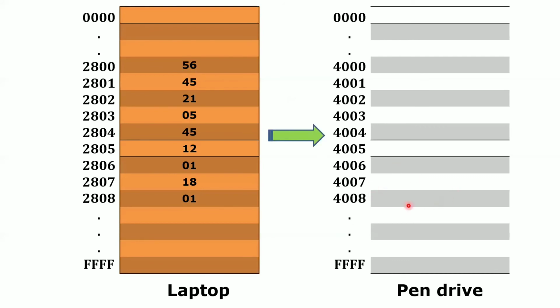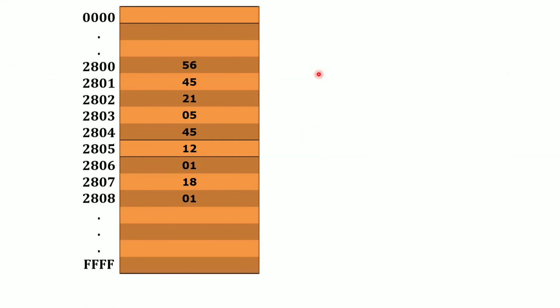So in the pen drive I again have some memory with some address locations. Now I want to copy the movie from my laptop to my pen drive with the location starting from 4000, whereas the movie started here at location 2800. Now we will write the program to access the series of bytes, because I want to access one byte, one byte, one byte, and so on up to wherever the movie finishes in the storage. For that we will use the DPTR register and another one is the R0 register in order to access. Now tell me the program to do this.